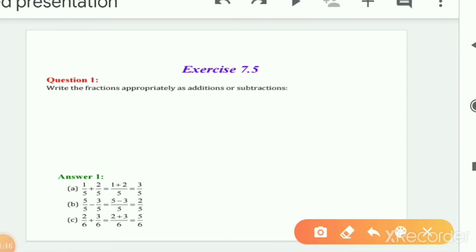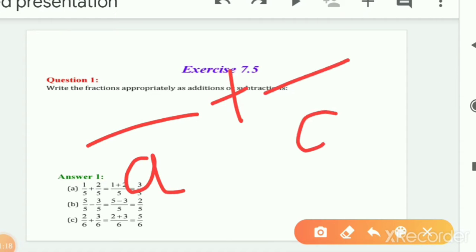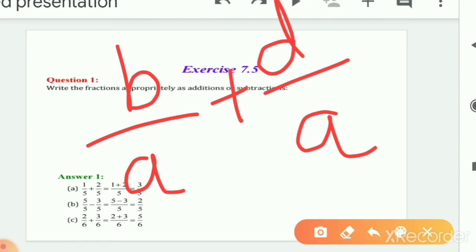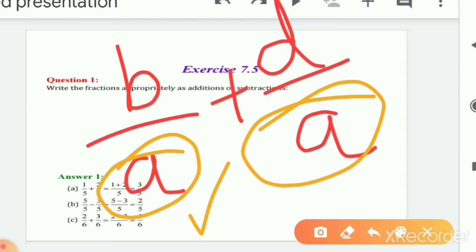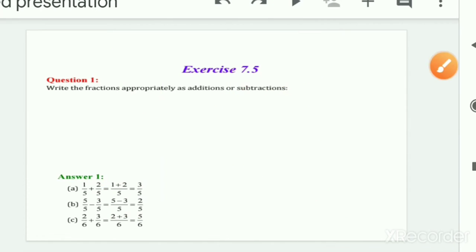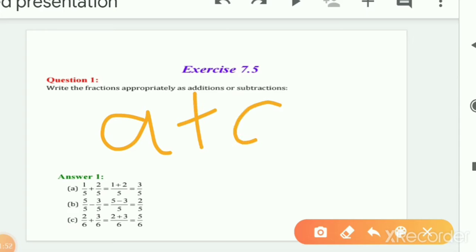What if the denominators are same, then how do we solve it? If b upon a plus d upon a is given to you, these are numbers which are equal. If it is 9 then it will also be 9, or if it is 8 then it will also be 8. Then if both are 8, how do we take the LCM or solve them? So what we have discussed is that if both the denominators are same, we have to just add the numbers.